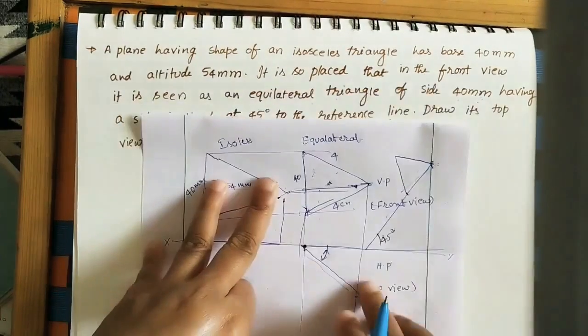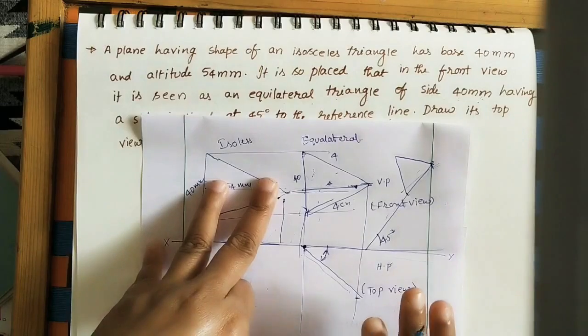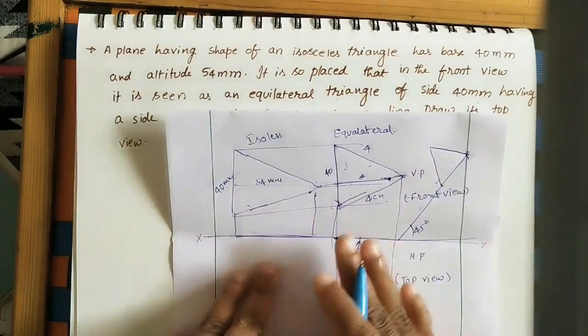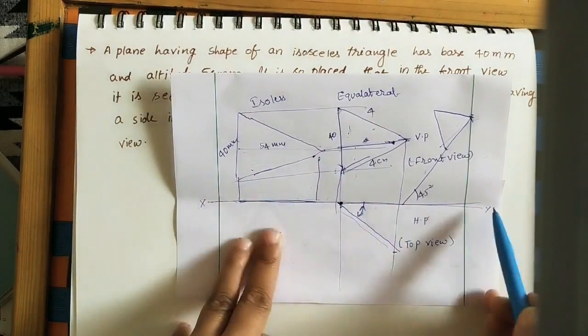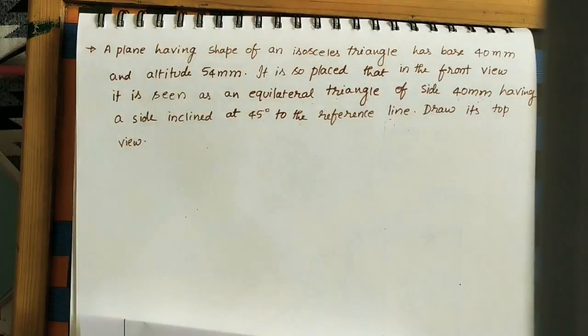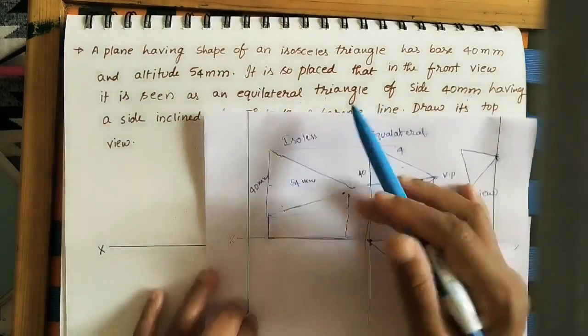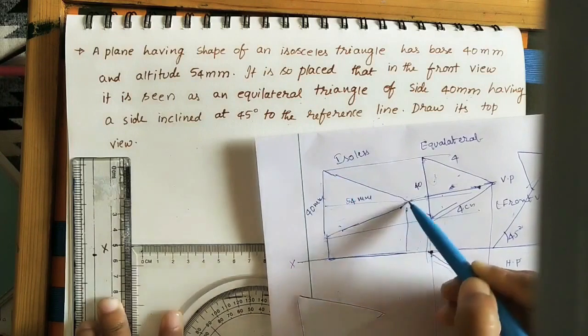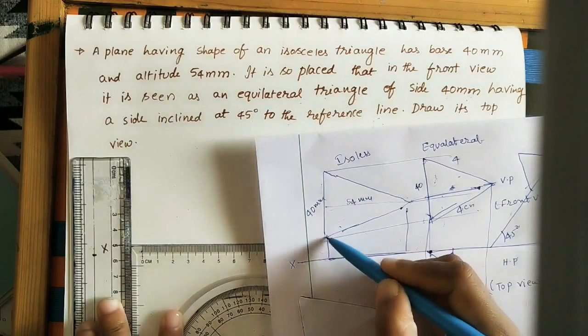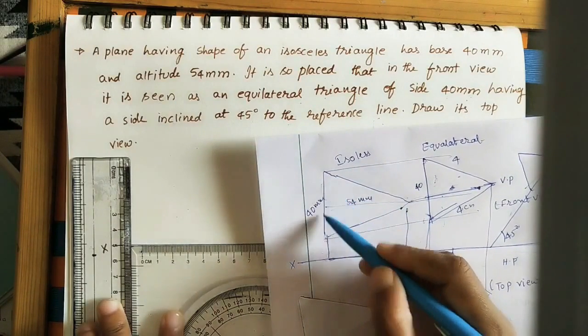In the final assumption, we need to find the final top view. For doing the final top view, first we do this diagram in the sheet. Draw the XY line of any length on the sheet. After that, build this triangle here. The gap has not been given, so you can take any gap. After some gap, take a 4 centimeter line.